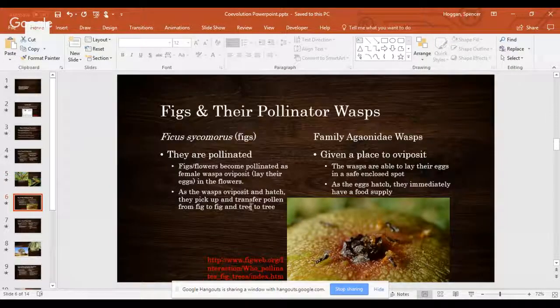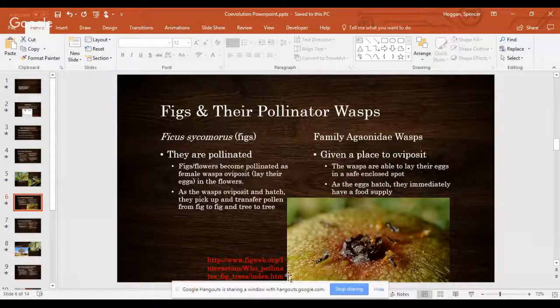Next example is another insect. So we have figs and pollinator wasps. These pollinator wasps, there's multiple species, and so they kind of narrow it down to the family Agaonidae wasps. And then figs in this particular study was Ficus sycamores. And so the figs are pollinated